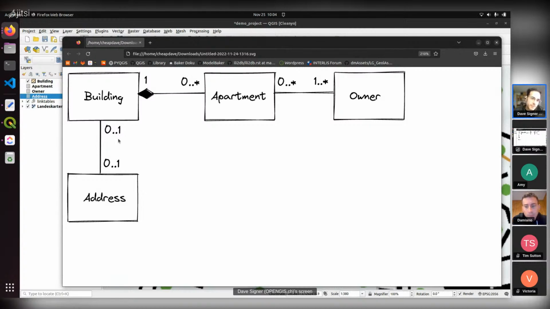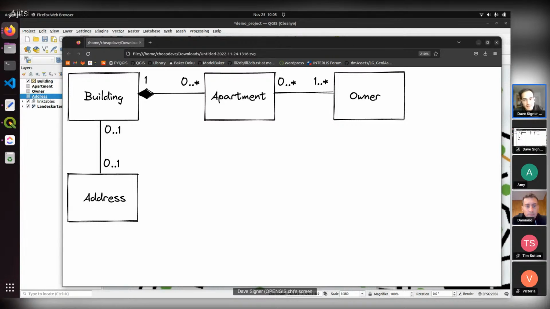But in our case here, maybe we build up a new building, not having yet an address because maybe the street is not yet constructed, or the opposite, when the building is demolished and the address still persists. And because of this reason, we don't want to have everything in one table,